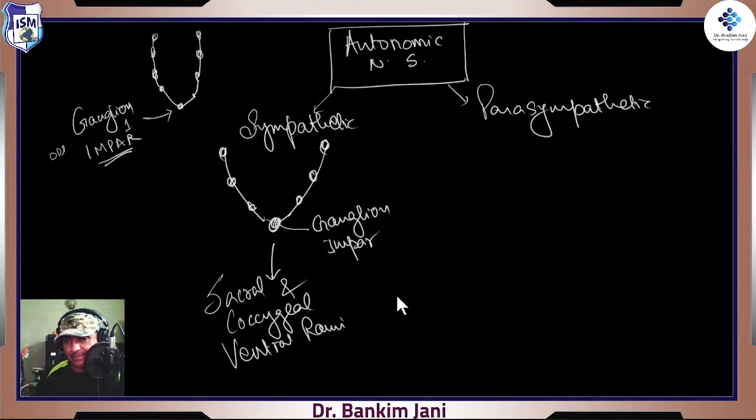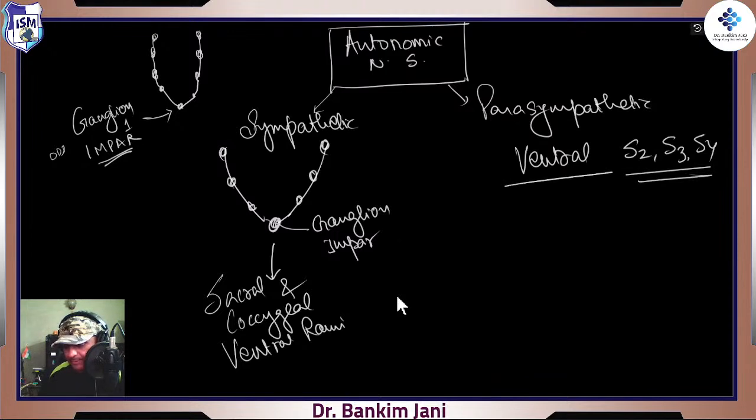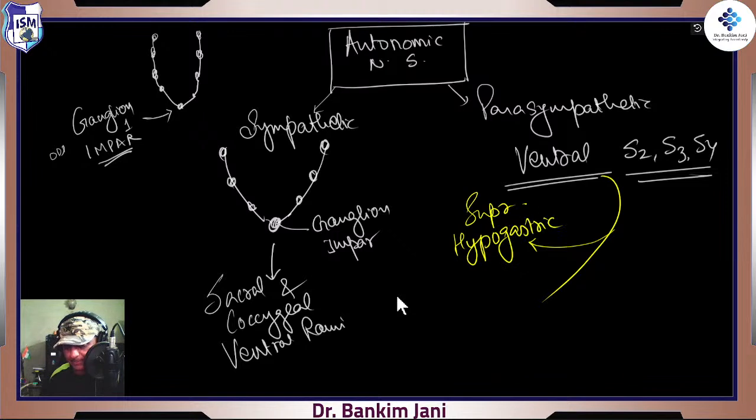Now for the parasympathetic, what is happening? Those ventral rami, right? From S2, S3, S4. This is the only part which you have to understand. The ventral rami go, right? It is carrying parasympathetic fibers, but some of them would go to the superior hypogastric plexus, right? Some will go direct,